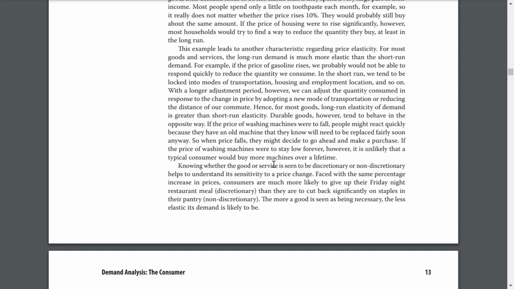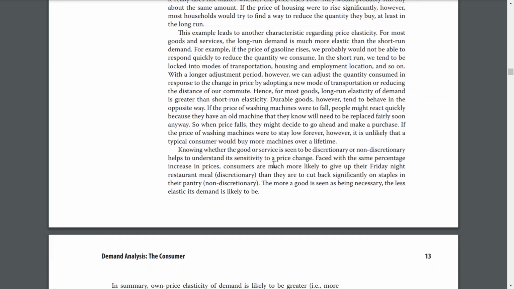Anyways, so when prices fall, they might decide to go ahead and make the purchase. If the price of washing machines were to stay low forever, it is unlikely that a typical consumer will buy more of the machines over a lifetime. Knowing whether a good or service is seen to be discretionary or non-discretionary helps to understand its sensitivity to a